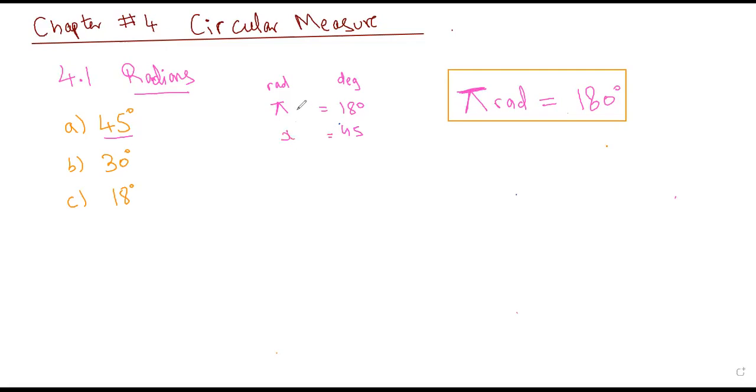We will cross multiply. 45 pi is going to give you 180x, and x would be 45 pi by 180. What would be the value of this? This is 1 time and this is 4 times. So this is pi by 4